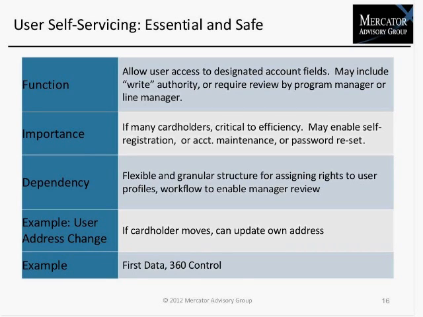If you choose, in the workflow context, you can have a secondary control that says, yes, they can edit their address and they can change it, but the change won't take effect until it is reviewed and agreed by their direct manager, who obviously is the person closest to them in the organization that knows where they live, what they are doing. So if you want a secondary review, you can have it in that context. This is critical to making the whole card system efficient when you have a large number of users. You have to be able to let people take care of some of their own household,